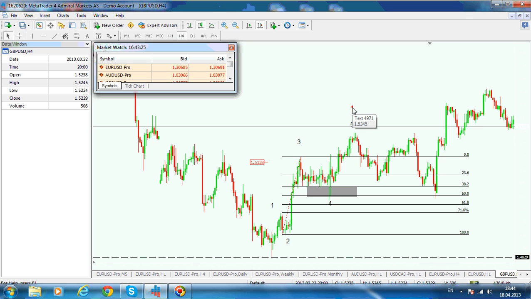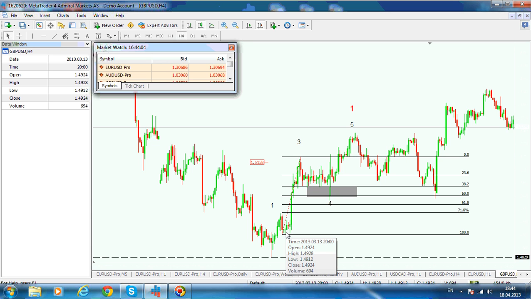Now this first wave of a higher degree might be just the beginning of an impulsive move to the upside, or a leading diagonal, or an ending diagonal, or something like this. This is a 4-hour chart, and each wave in here, 1, 2, 3, 4, and 5, each of these 5 waves is formed on a lower degree. So if you go on a 1-hour chart, on a 30-minute chart, on a 5-minute chart, it is being formed of smaller 5 waves up, 3 waves down moves